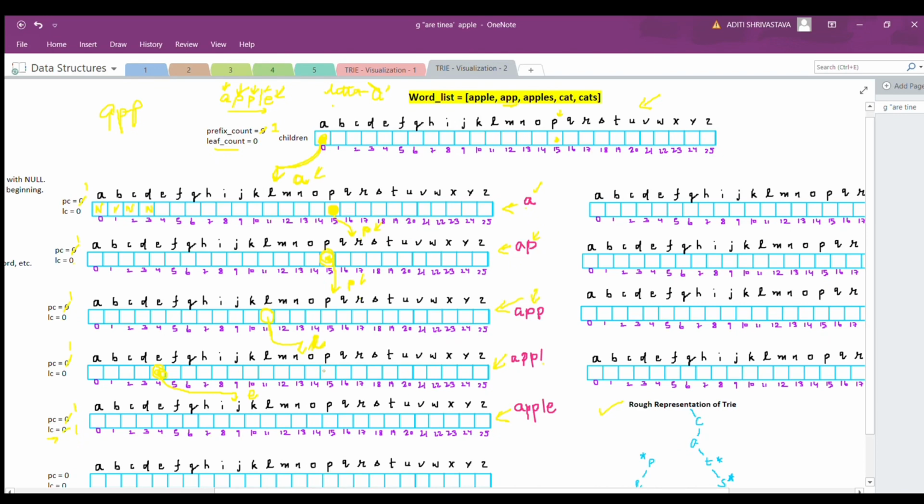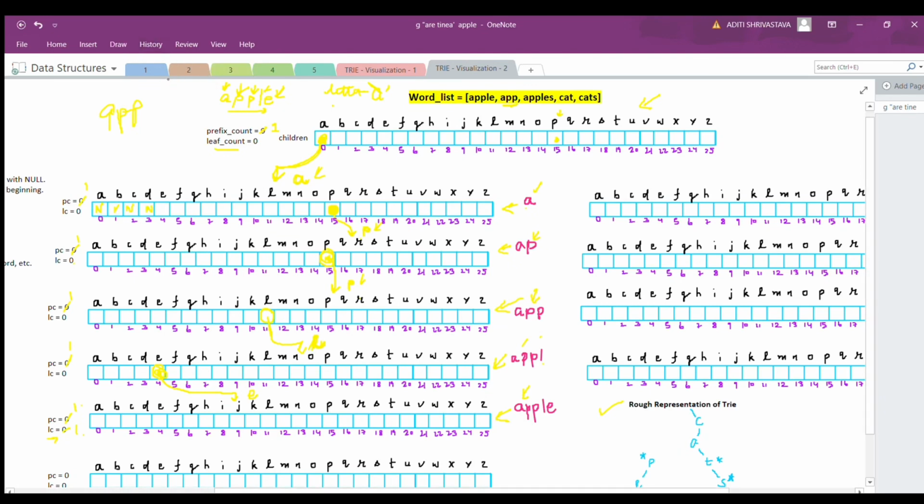So till now, because we have only entered apple into our trie, coming to L, this represents A double P L, and for this also the prefix count is 1, leaf count is 0, as in the above cases. Then when we come to apple, this represents the particular word also, because the word apple is there in the trie, and that's why the leaf count becomes 1. The prefix count is 1 and the leaf count is 1. Similarly, we have to insert these next words as well.